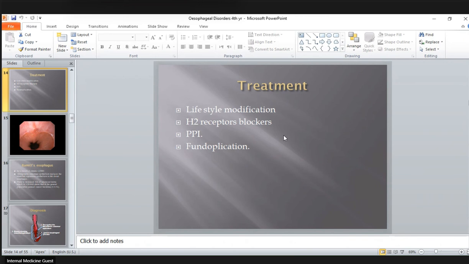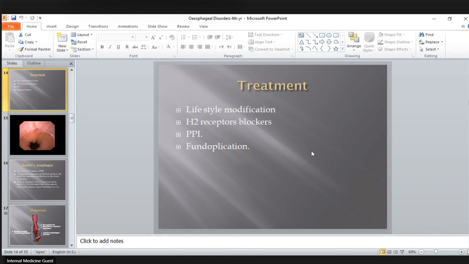Now, how do we treat? Lifestyle modification. The most important thing is weight reduction. Reflux is strongly associated with obesity. Of course, stopping smoking will help. A good night's sleep will help. Reduction in food that contains oil or fried food, especially at night, even fresh juices at night, all will